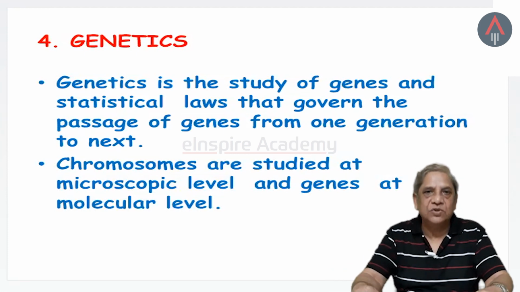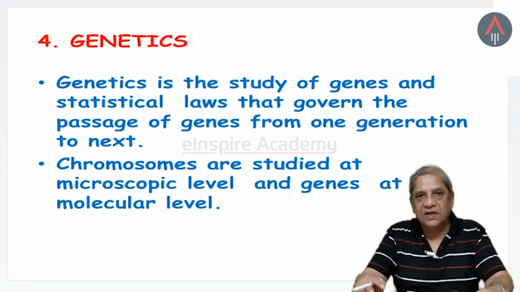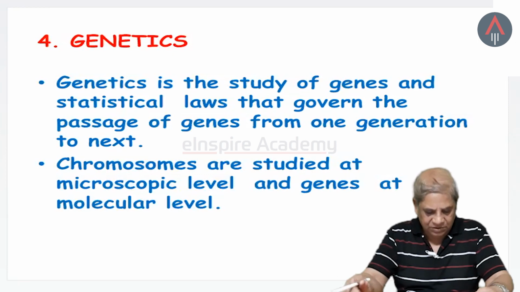We will learn about the chromosomes, and ultimately how the defects occur. We will learn chromosomal anomalies and defects due to mutations in the gene, what diseases are associated with human genetics, and whether you can treat that disease or not. That will be taught to you in genetics with the help of almost 8 to 10 lectures. In embryology, there will be one lecture per week, and mostly in the practical you will be shown models of those embryological specimens.